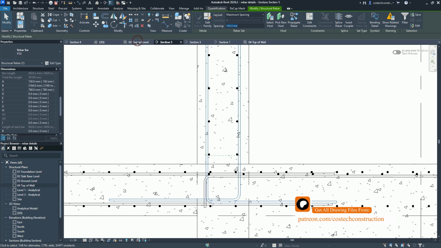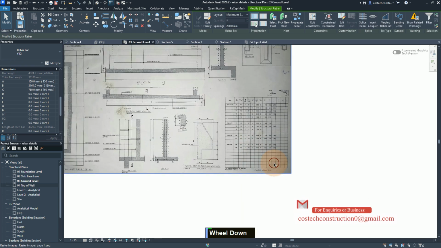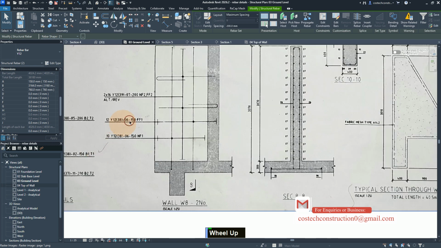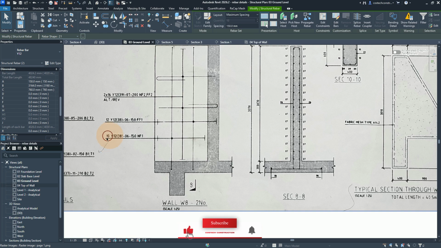Okay, I will go back to the ground level to look at the details. So for this one, we are at bar mark 0. This one, the spacing is 150. So from here, I'm going to set the spacing to 150, then hit enter. You see that we have 12, but for this other Rebar set, 10 is the required number. You can go to the top of all,